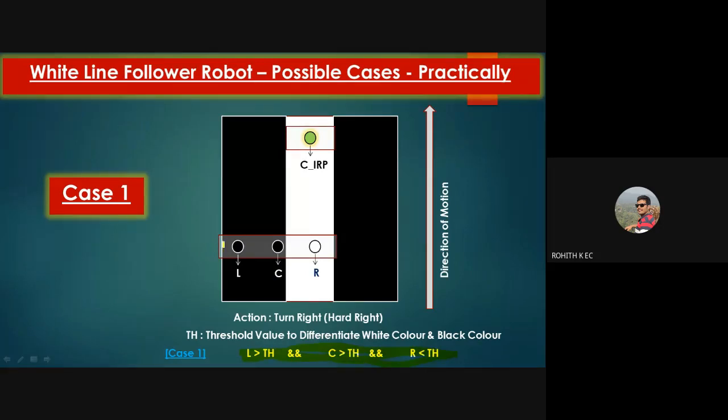Okay, if you understand this diagram, you can easily write this command. There is no need to remember or mug this up. I hope this is clear to everyone. Already a few of you have given the answer. Very good. The only thing is in between you should add ampersand. It means that and only when these three cases are satisfied, we will be taking this particular action. So in between you should put ampersand. So that's about case 1.